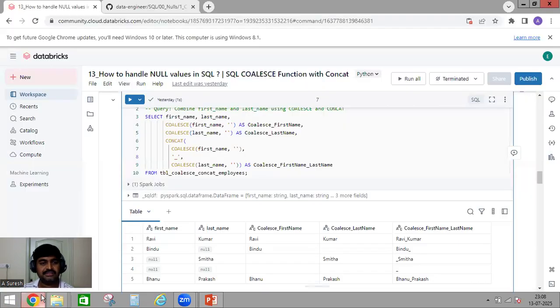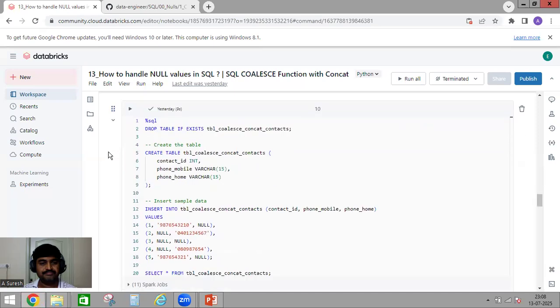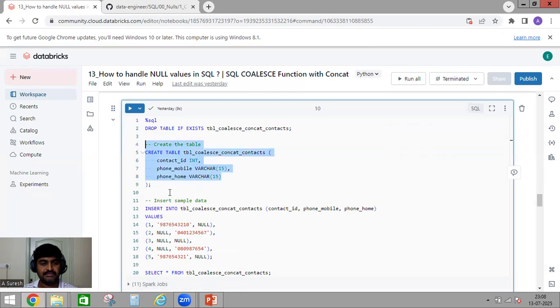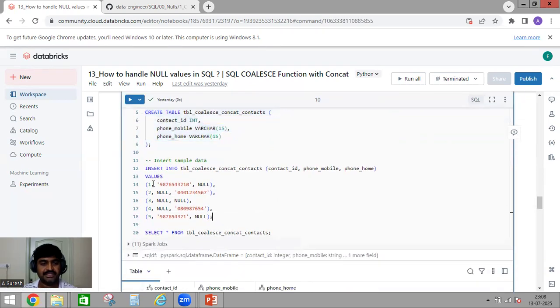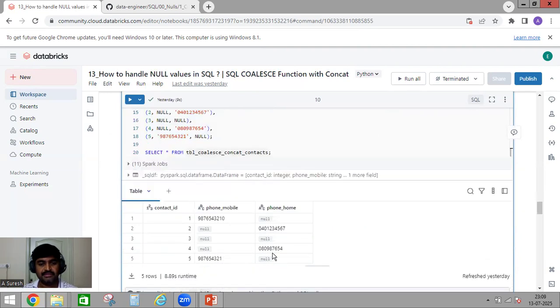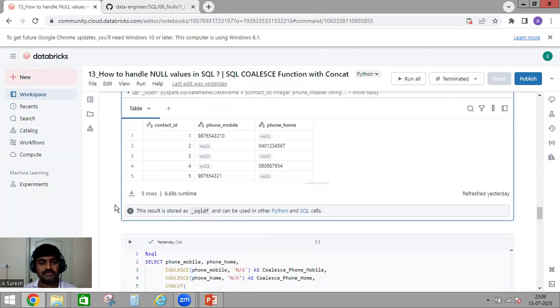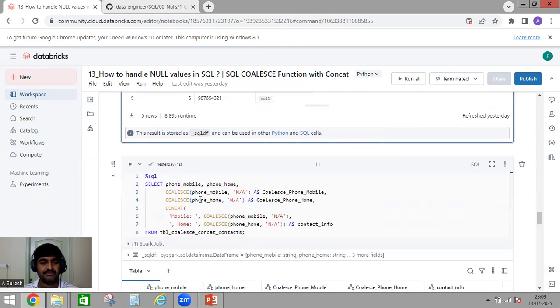And next example is, so here I'm creating one more table. Here I have three columns and I'm inserting these rows. And if I query this table, I'm getting this particular table. So on top of this table, what I'm trying to do is